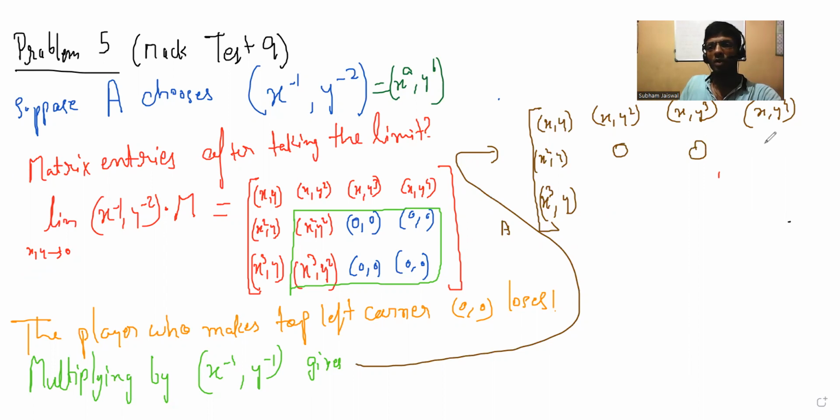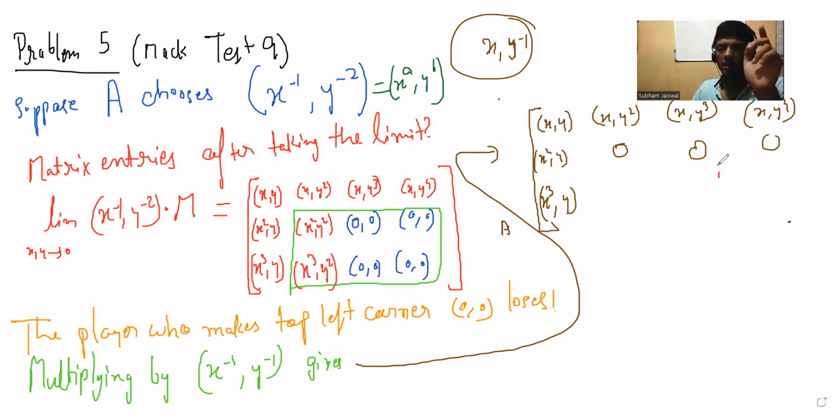X comma y to the power minus 1. What does that mean? You mean this? Oh, x comma y to the power minus 1. You mean this? Okay, so let's see. One minute, we'll see what that gives. So here we get this. Just a minute, before Raghav says his argument, what are we going to get if you do this?